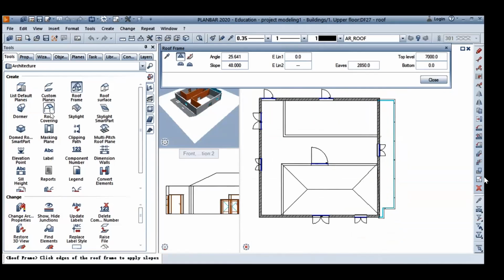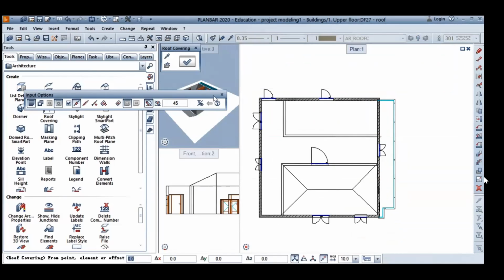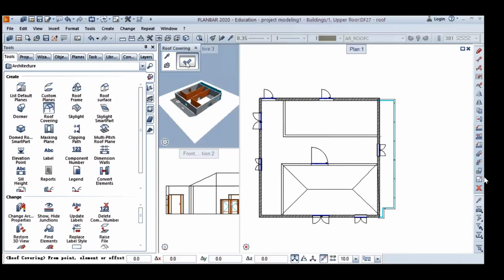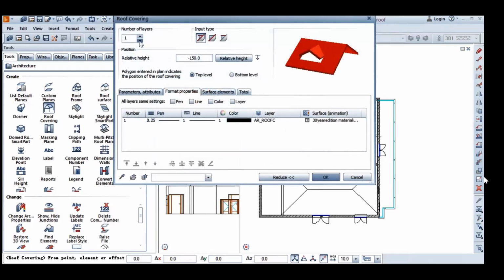The next is to create the roof carving. You can modify the parameter, the layer that you want, and the relative height. Okay. If we don't modify it,